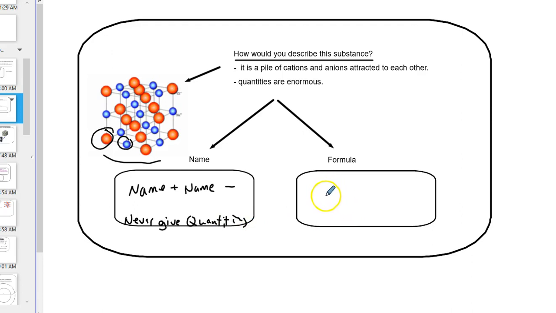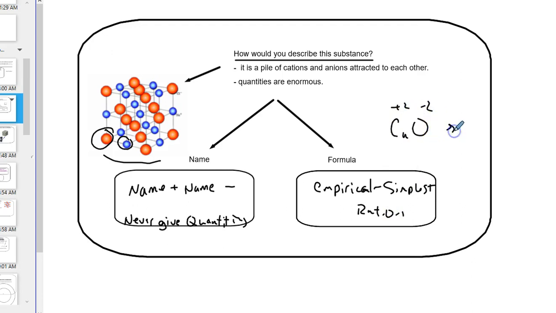Formula. They're going to give you what's called the empirical formula. Maybe this came later after they figured it out, but it's the simplest ratio. Empirical formula is the simplest ratio. Now we talked about this a little bit with calcium oxide, +2, -2, which means you got calcium oxide,